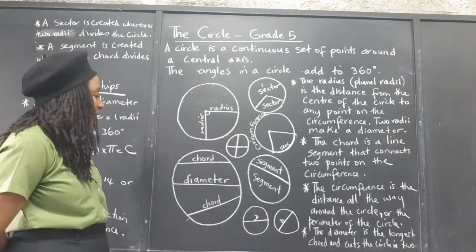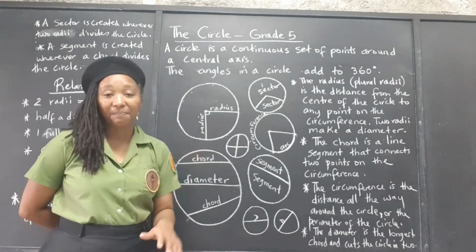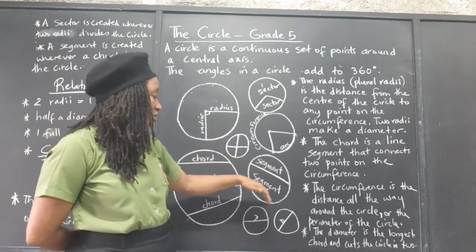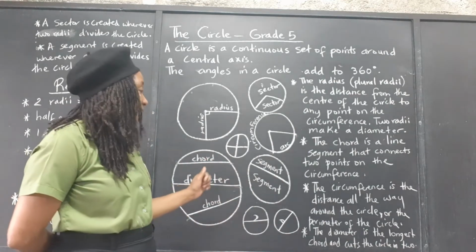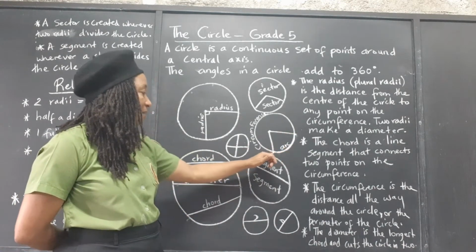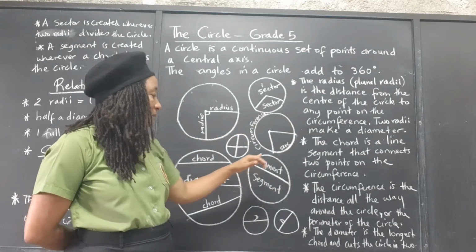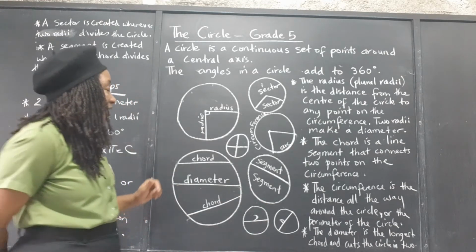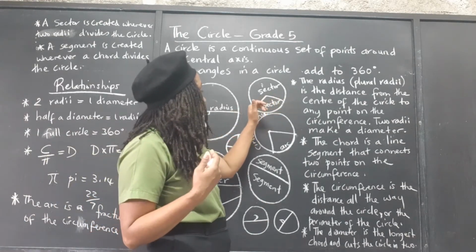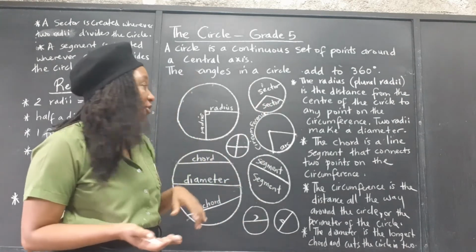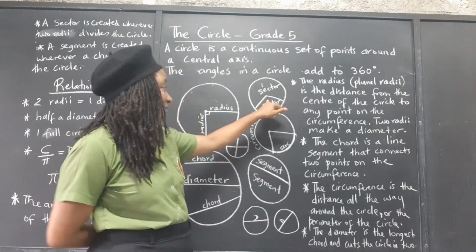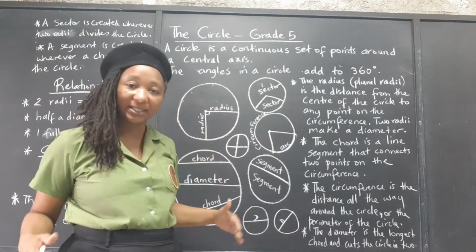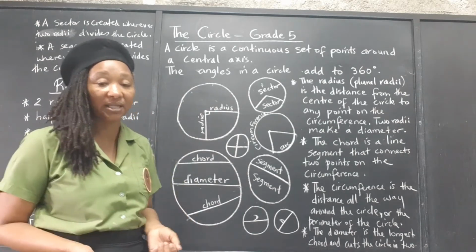Now, when we have chords segmenting the circle, cutting up the circle, we call the parts that are cut segments. And just like we have minor arcs and major arcs, we have minor segments and major segments, right? And two arcs cut the circle into sectors. So again, we would have the minor sector and the major sector. So you know that the sector looks like a slice. It's like you have a cake or a pizza and you slice it,